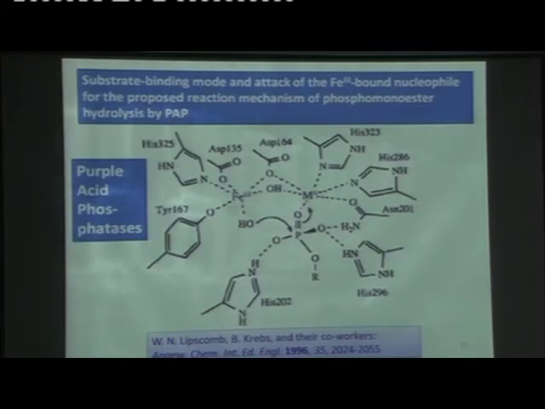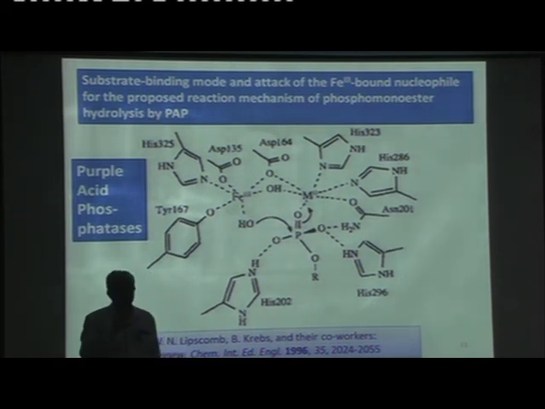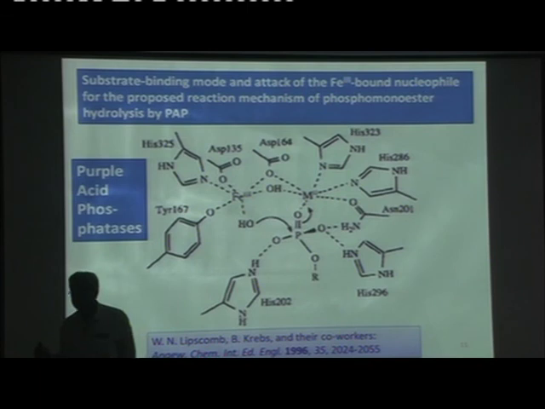Then you have purple acid phosphatase. You know, in Bengali we call it ramalu, that is called the sweet potato. The sweet potato has an enzyme called purple acid phosphatase. What it does, it also does phosphate ester hydrolysis. You have an iron 3 and another metal 2. The iron 3 has tyrosinate, and these enzymes, as I taught in IIT Kanpur, it's very easy. Iron 3 enzyme